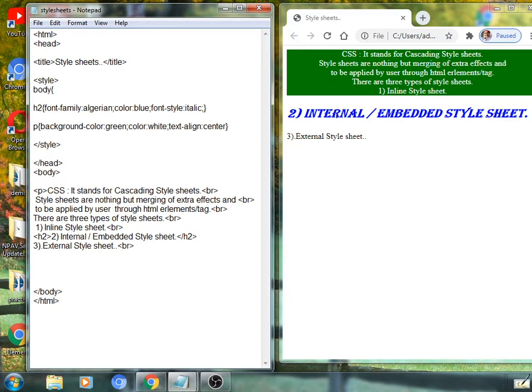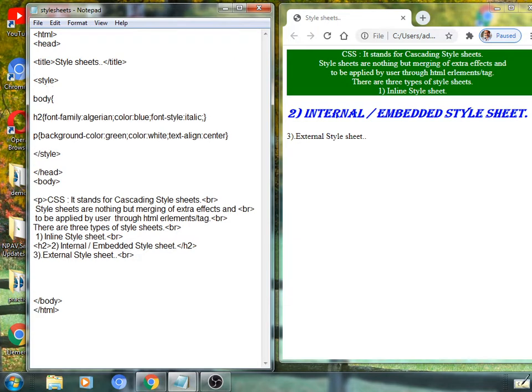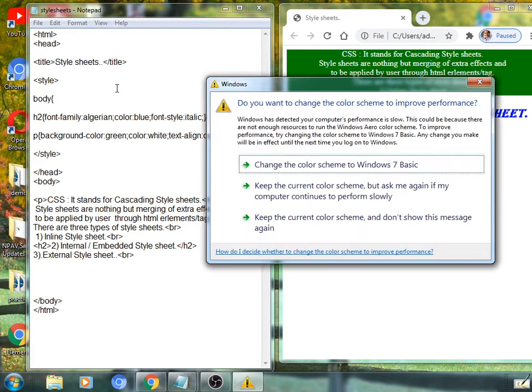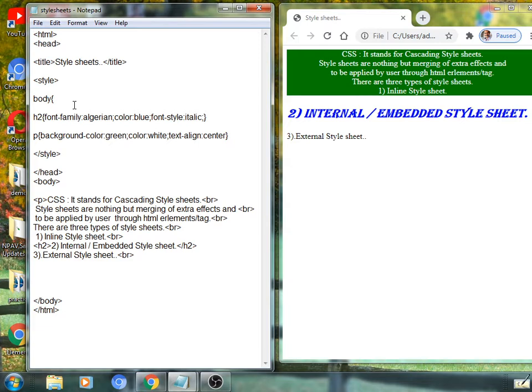It's a basic structure tag as well as a section. One can apply this as a selector also. See here, body, background color to be applied as a common effect, background-color colon.